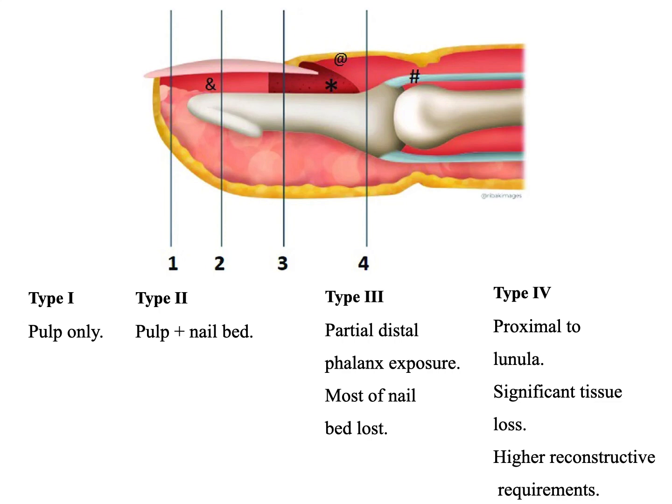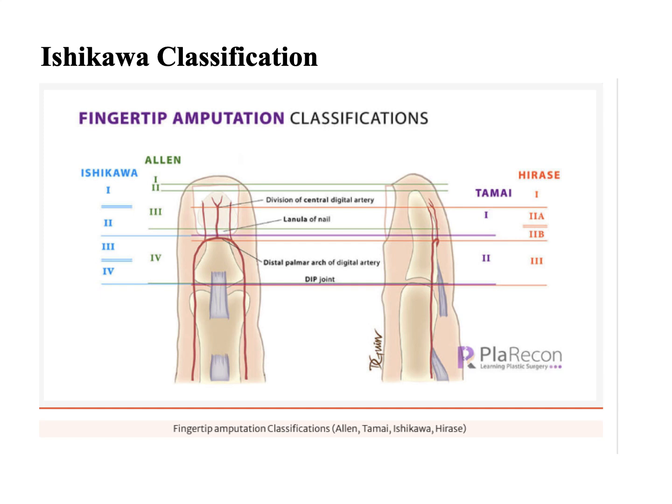Type 3 is bone exposed and most of the nail bed gone. Type 4 is an injury even just distal to the insertion of the tendons. Just to show more of these classifications, we have